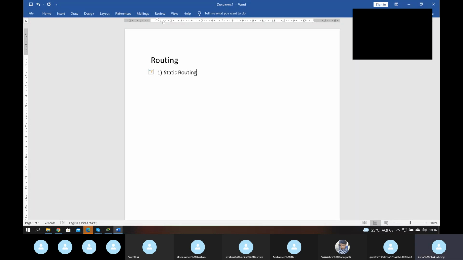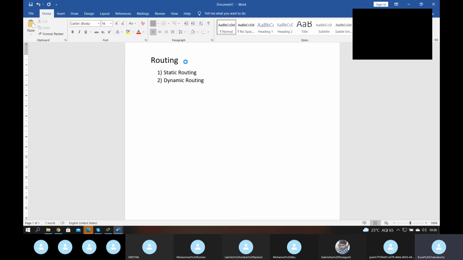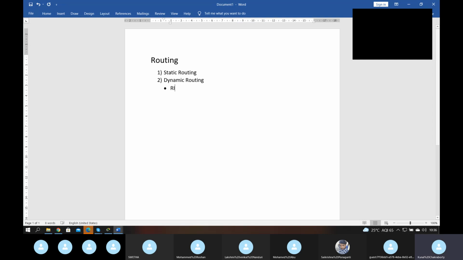Under dynamic, there are three protocols. One is RIP, that is Routing Information Protocol.